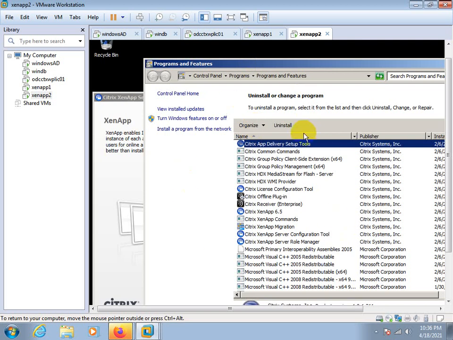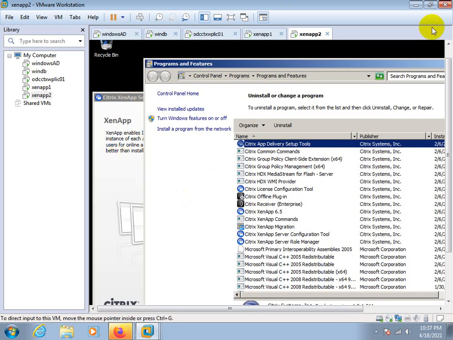Once VDA is installed successfully, you need to configure the VDA and join that VDA server with the delivery controller. That is the way to migrate a server from 6.5 to 7.15.